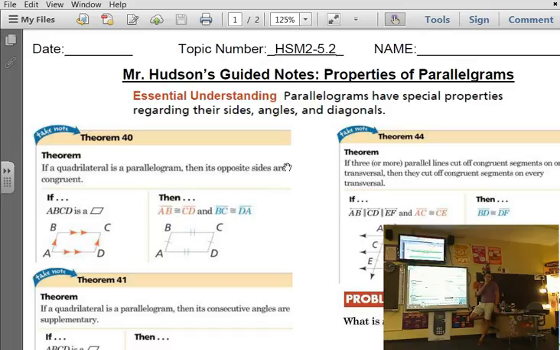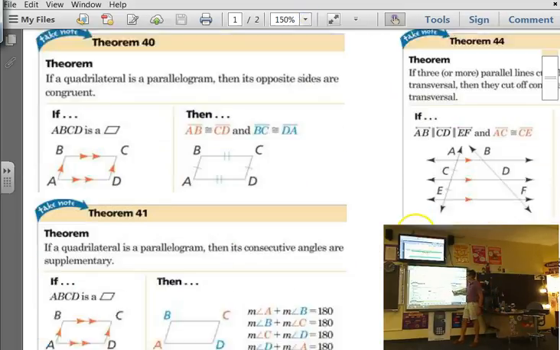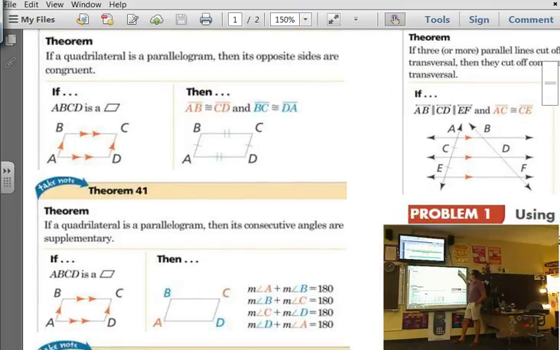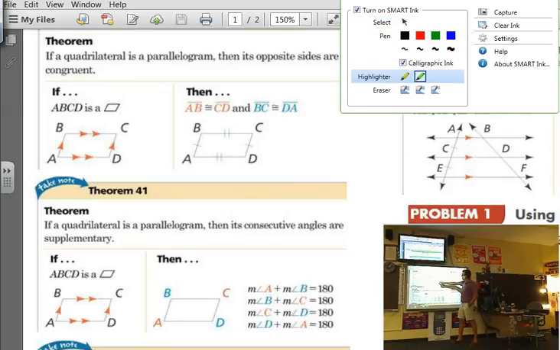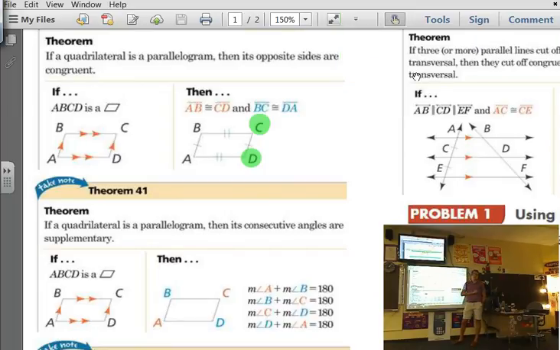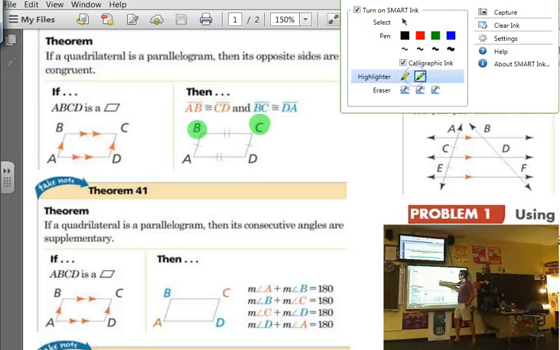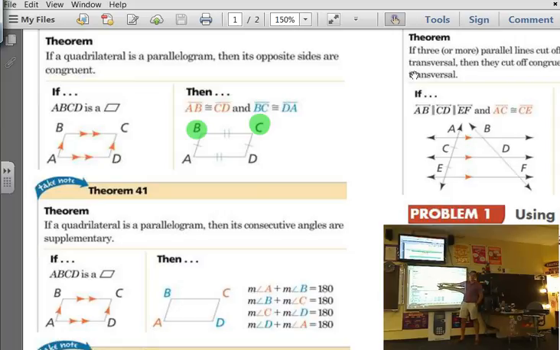I'm going to use one of the pictures right there because it makes it easier for me to list stuff. If you see A, B, C, and D, angles C and D are going to equal 180 because they're same side interior angles. So our same sides are going to be, what do we call that? Supplements. Totally. So C and D or C and B. And since C could match with B, or B could match with D, or C could match with D, then we can also say,